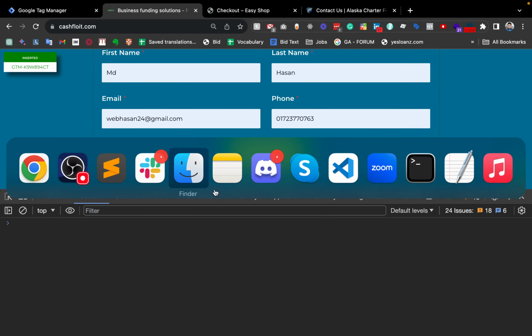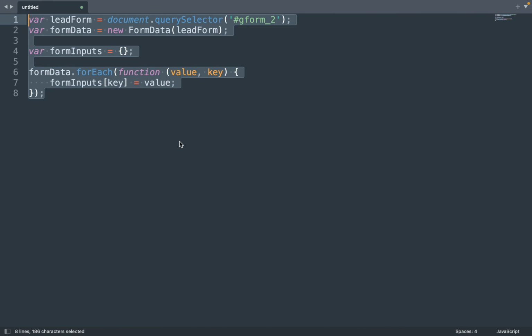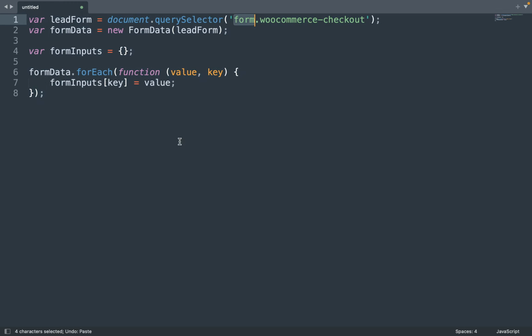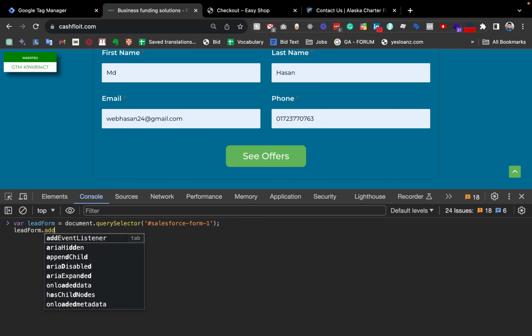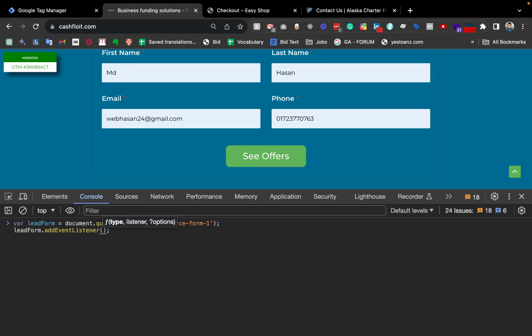So I am going back to my editor and back to my previous code, and this was our form selector. We can easily take this code. I'm not typing it again to save time. We can just paste it. This way we have selected the form. Now our task is to add an event listener. Just lead form, then addEventListener, and then the event listener requires